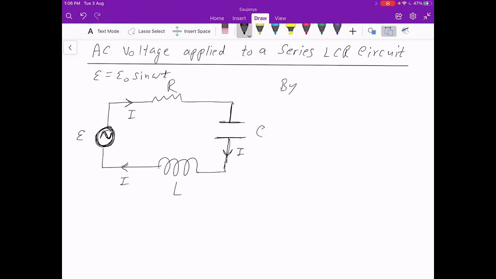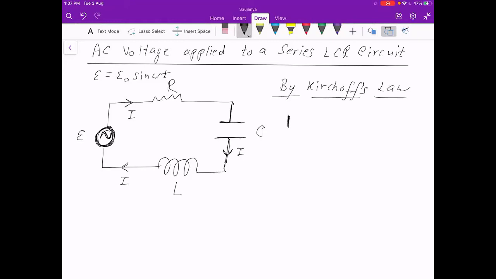For Kirchhoff's law, we have to apply it to be able to find something. There are two ways of solving this problem. One is the analytical method, that is using the differential equations that we'll get by Kirchhoff's law. That's the tougher one, which we'll skip. The easier one, the one that we have to use, is the phasor diagram method, which is the main thing.